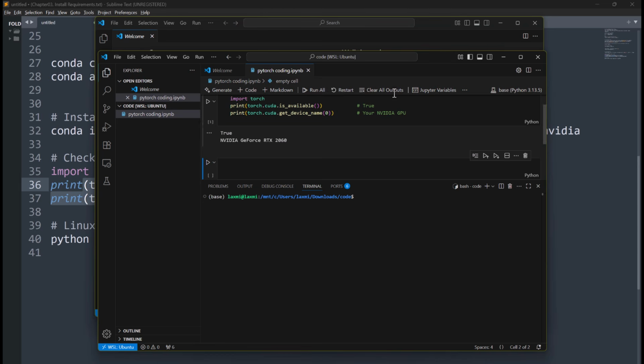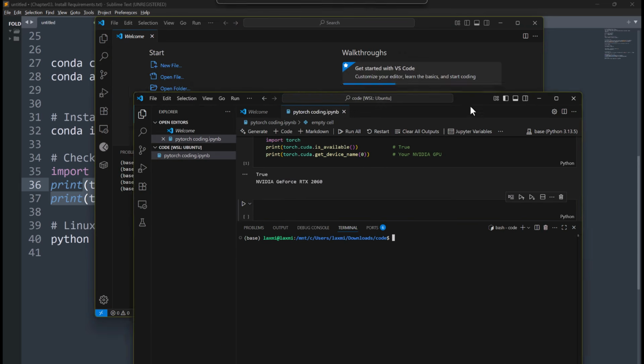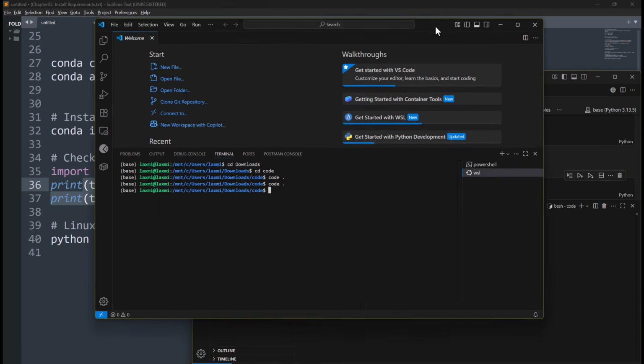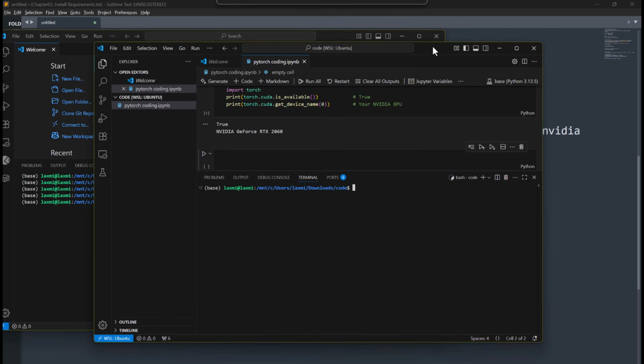The only thing here is this backend system: your Jupyter kernel, or you can say the Python kernel, is installed on the WSL, and you only connect your Python kernel to the WSL. That's all you have to do, and the rest of the things you do on Windows itself. For example, this is the example which I'll be showing you here. Now you notice that this particular VS Code